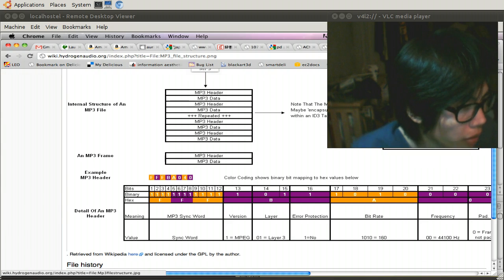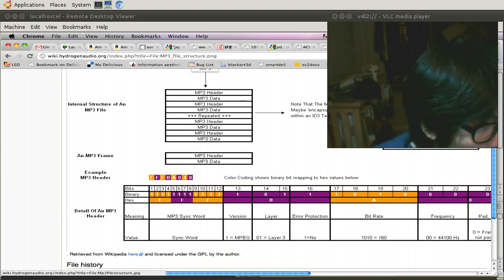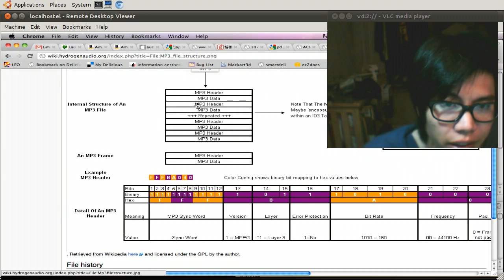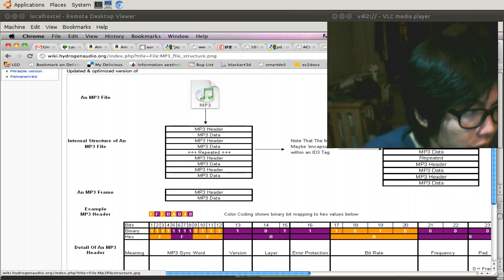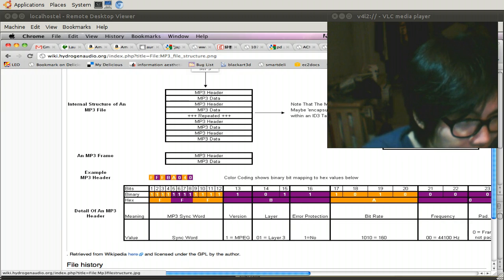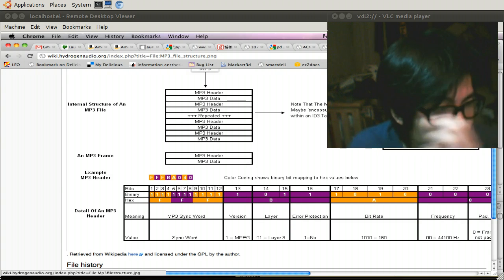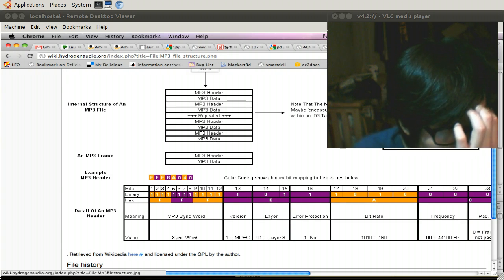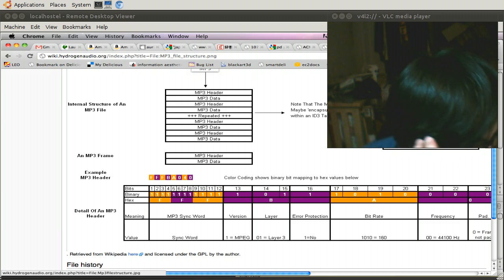Okay, so an MP3 just has a header and it has all this stuff, and then it has data and then another header. I'm not sure how many times the data is repeated, but in the header there looks to be 12 bits, and then